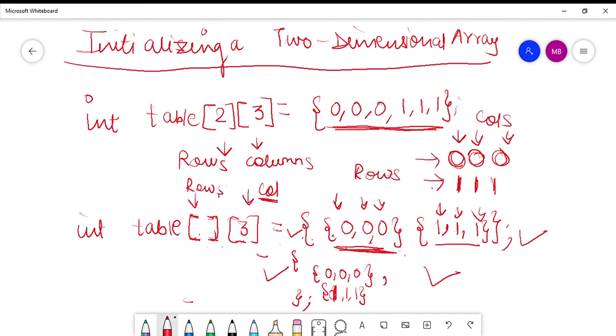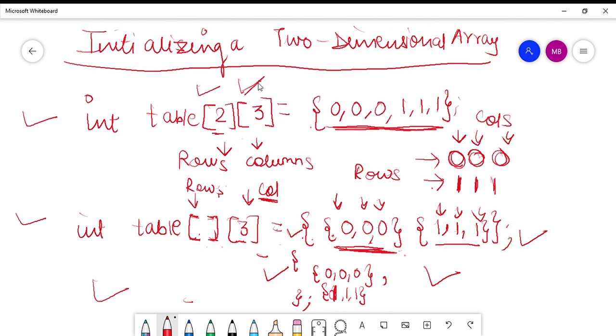So these are the different ways by which you can initialize and declare an array. For initializations, I told you 3 different ways, and also that if you are only declaring the array and not initializing it, then you have to mention both the rows and columns. But in case you are initializing it at the time of declaration itself, then you do not need to mention the number of rows.